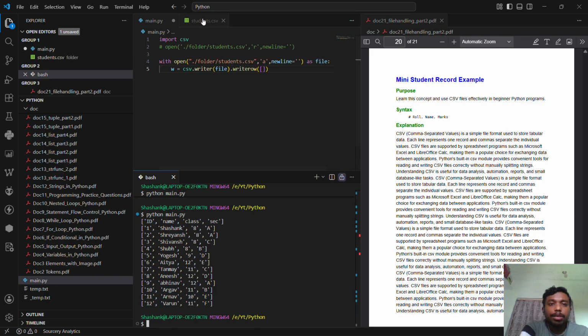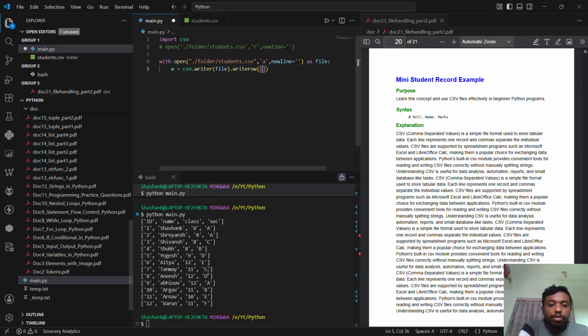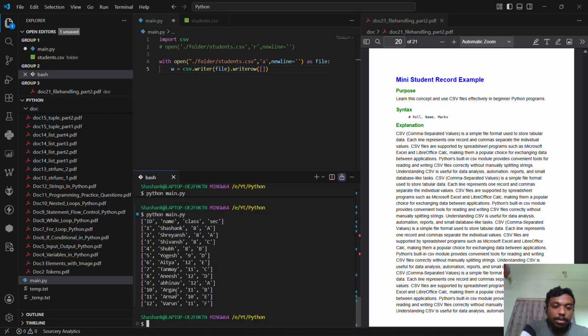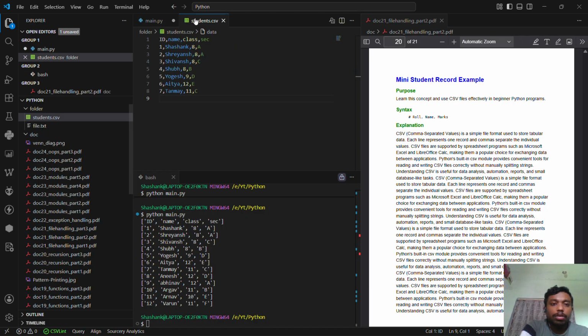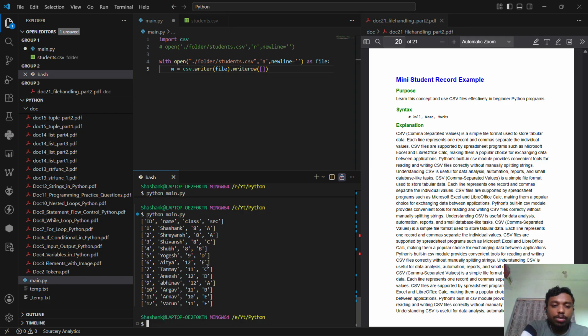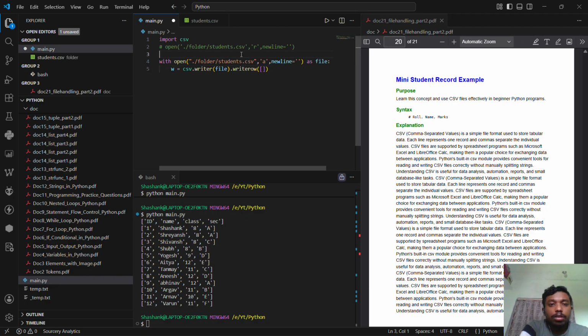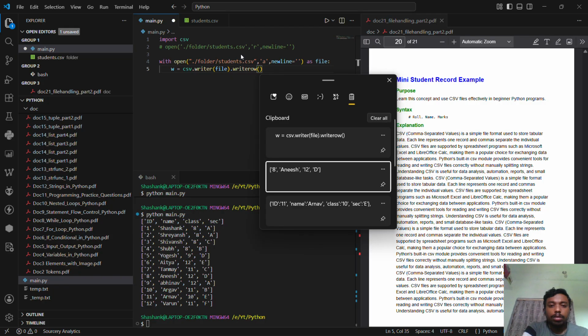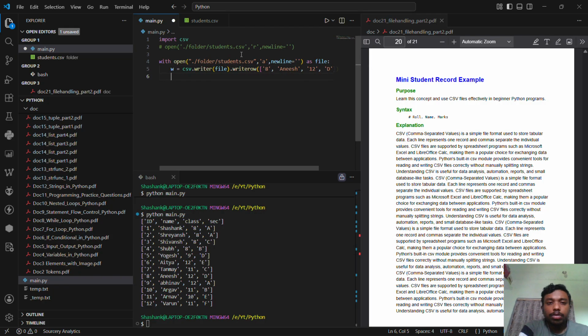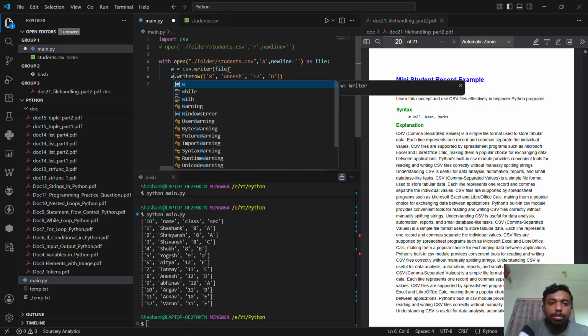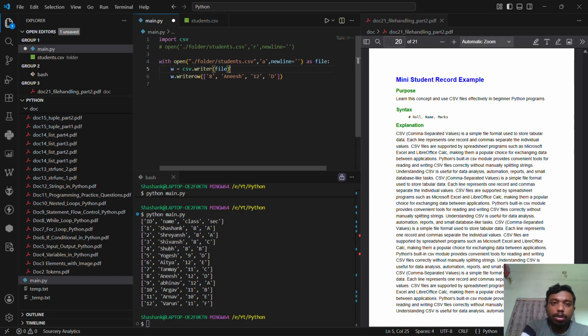So we have removed till 7. So I'm going to write a row from 7, 8, from 7. Okay, we have to take from 8. So what we are going to do is copy this. Now just paste this. Okay, sorry, I made a mistake. You have to do w.writerow. Okay, now after this,